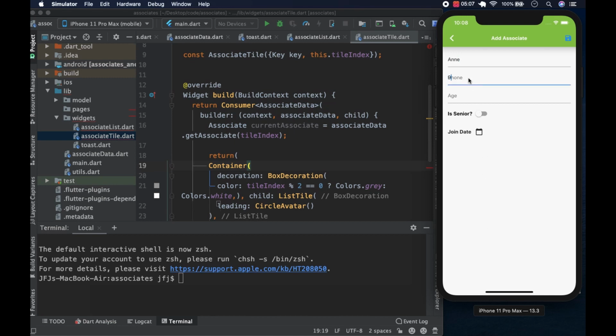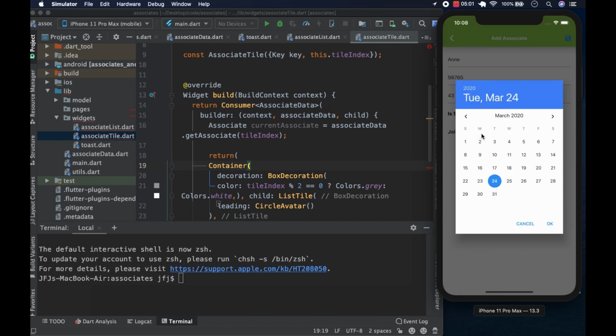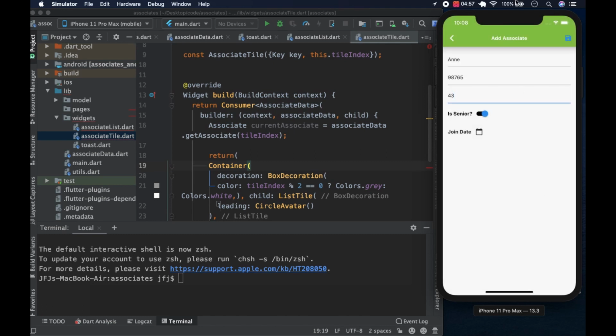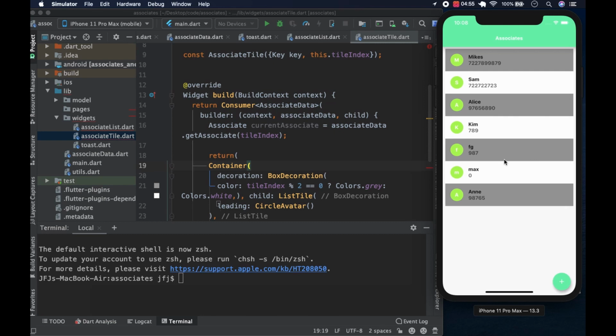Anne's number is that. Her age is that. Is she a senior? Yes. When did she join? She joined on the 10th. Hit OK, and we hit save. You will find that you will see that